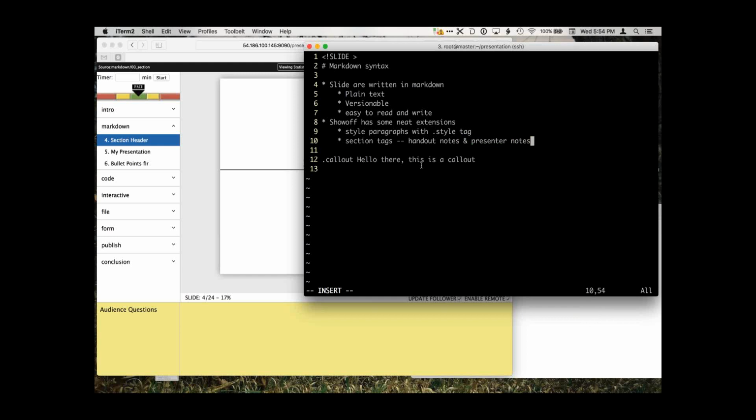So this bit that you're looking at here in yellow is a presenter note. I can do that down here. And section.